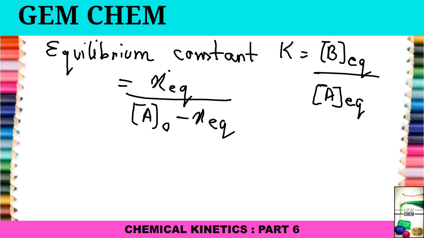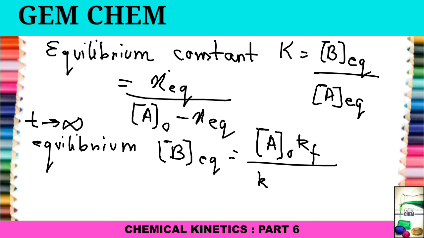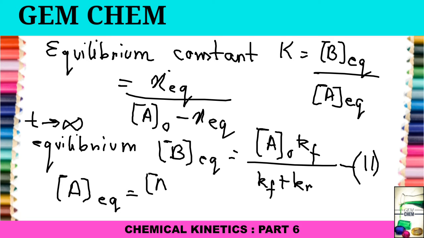So we know that at t infinity we reach equilibrium, right. So B equilibrium comes to be like this, that is B equilibrium equals A naught Kf by Kf plus Kr, and this is our equation number 11, whereas A equilibrium comes to be A naught by Kf plus Kr